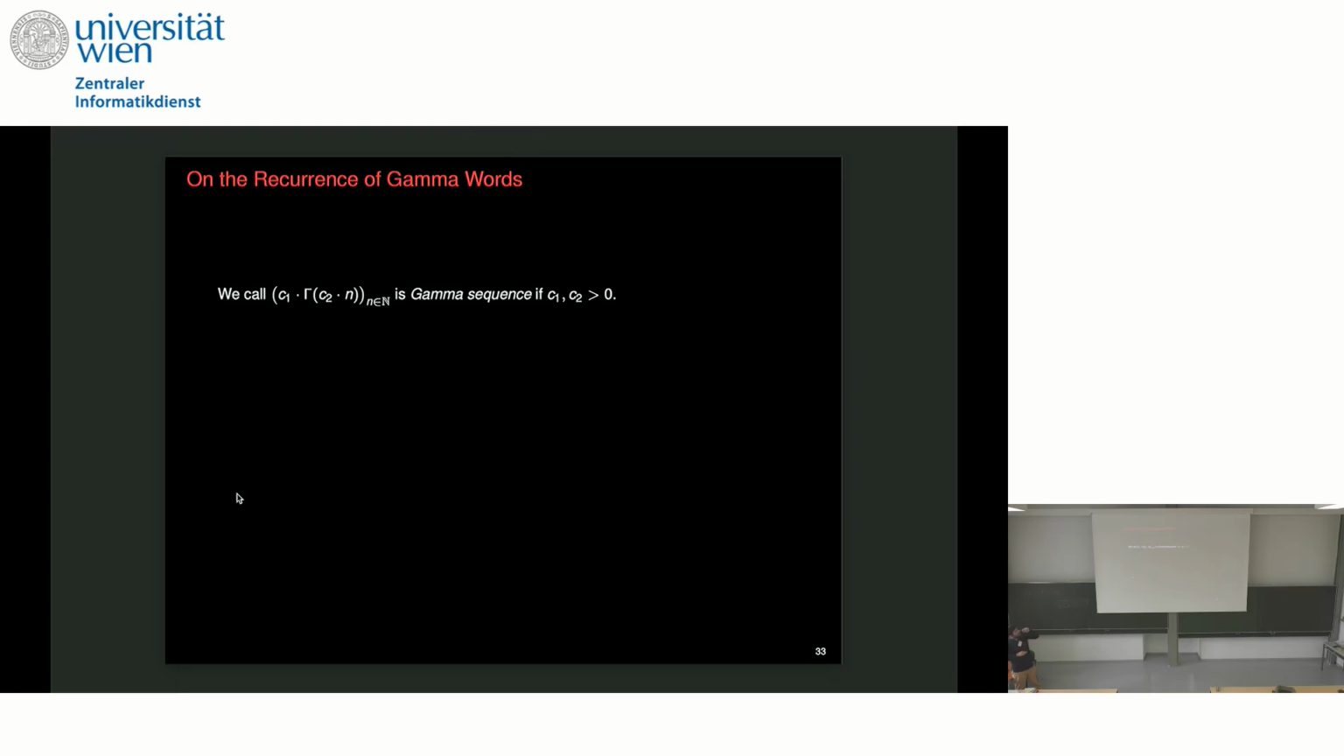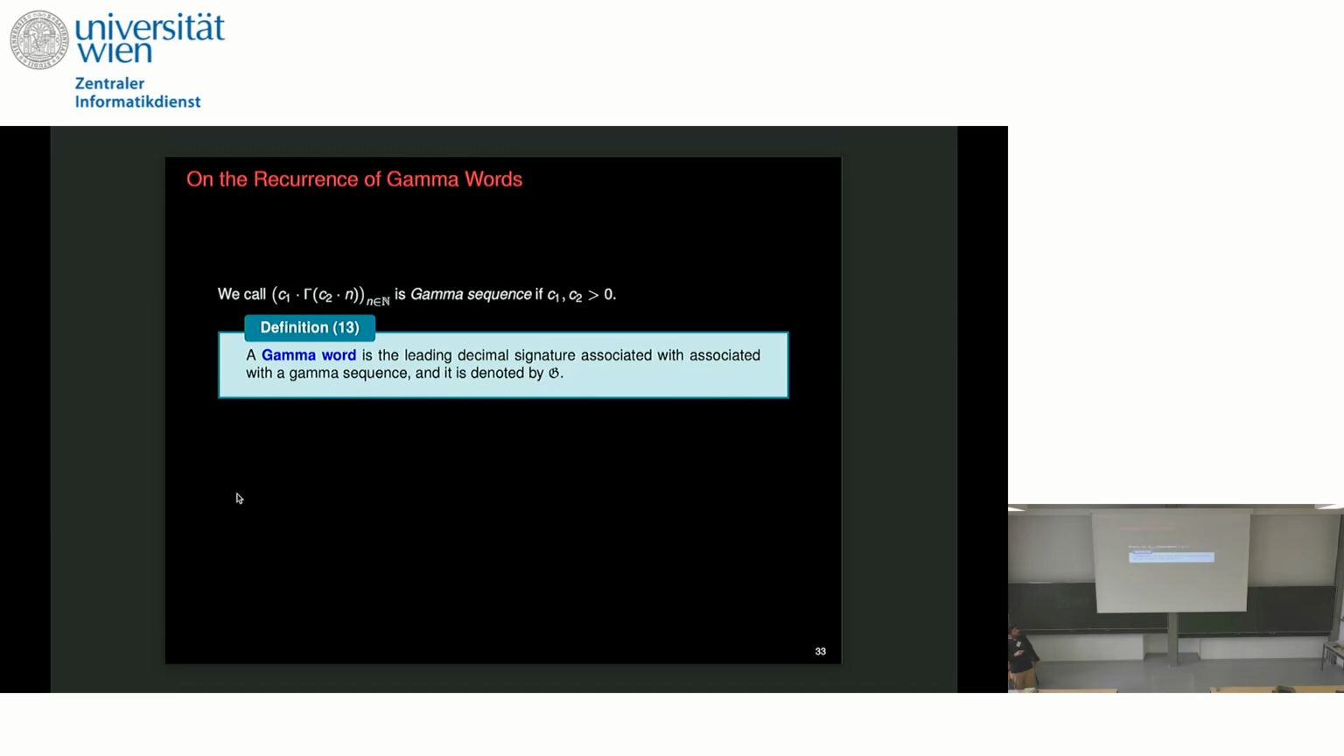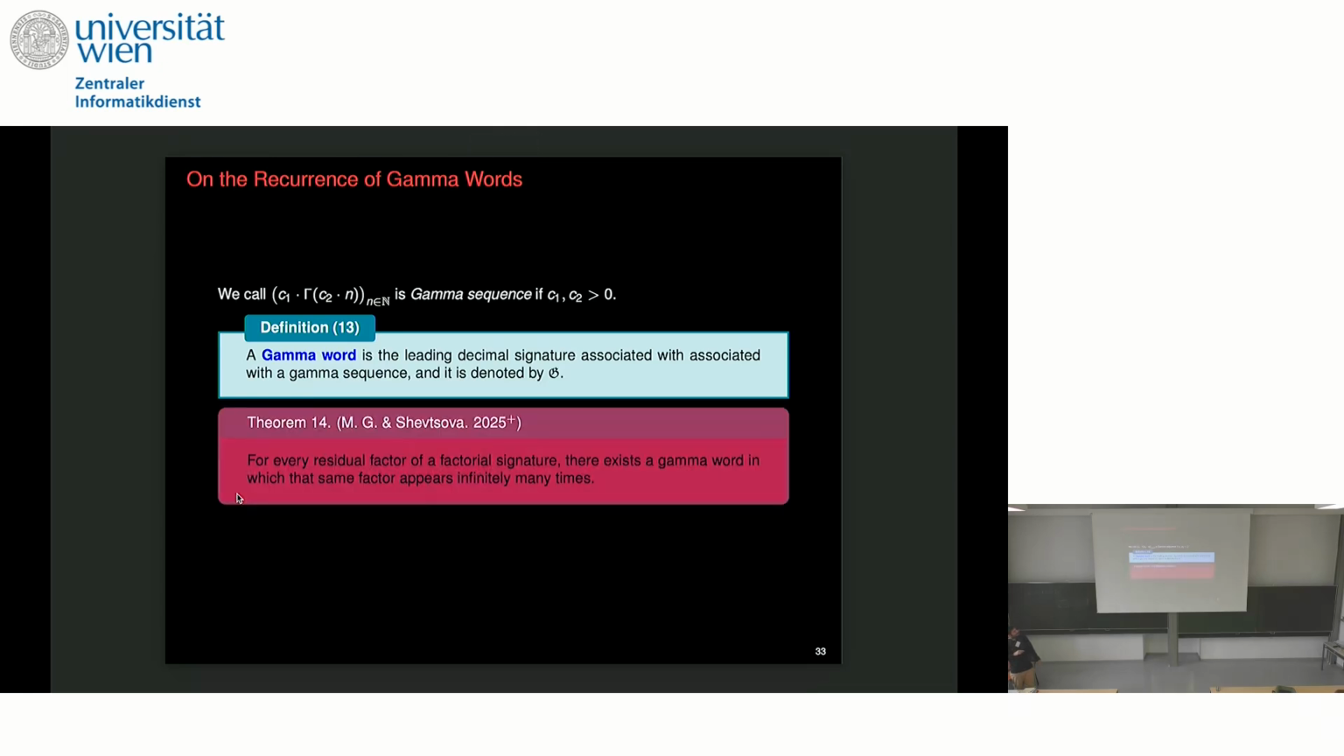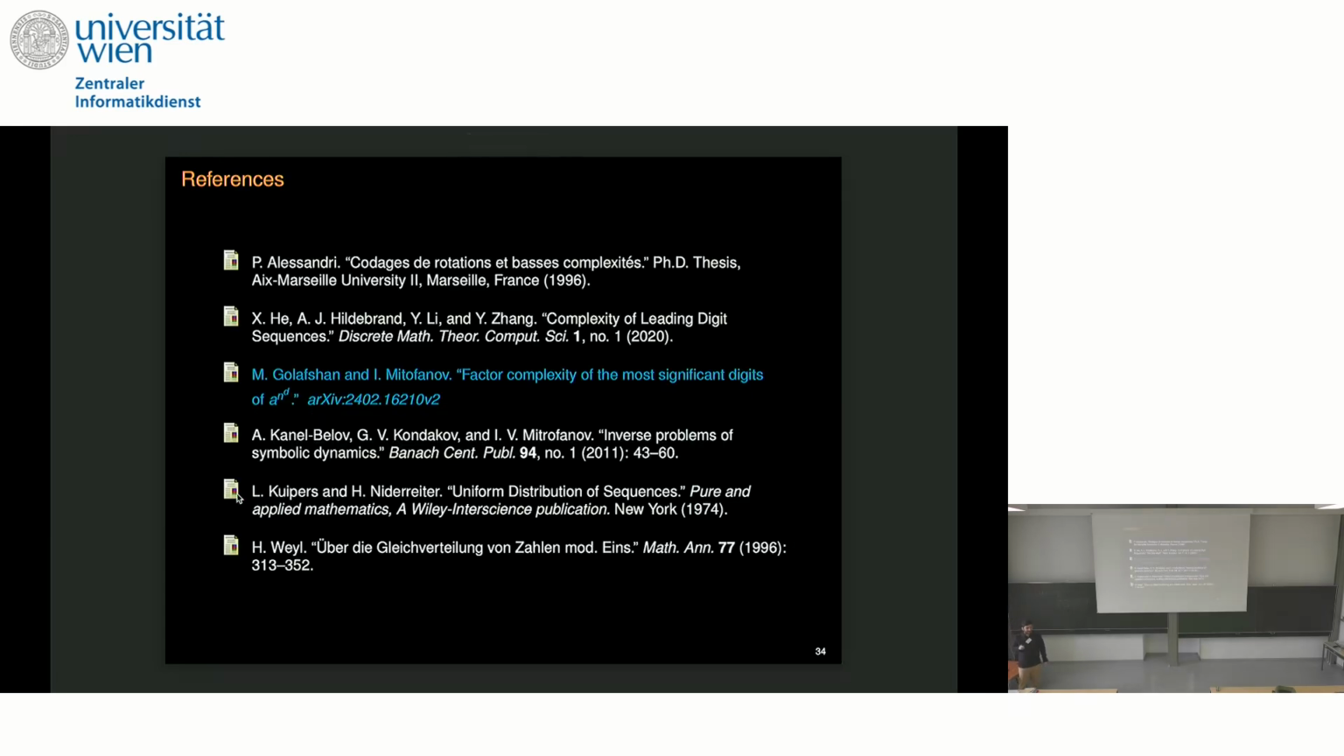Okay, and more generalization about gamma words and gamma sequences. Now this is a gamma sequence, C1 and C2 are positive real numbers. Define the gamma word as the leading decimal signature associated with the gamma sequence. We denote it with this. For every residual factor of the factorial signature, there exists a gamma word with the same factor appearing infinitely often. Definition that